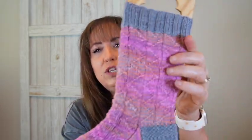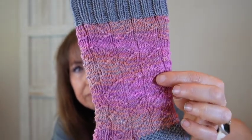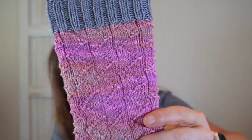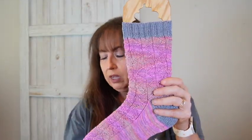All right, so the first finished object is a sock pattern called the Bunny Trail Socks by Elizabeth Lenerink. I really enjoyed this pattern. It was beautifully written, it was easy to do, and I feel like it just flew off the needles. This was using my October monthly subscription from Brazos Fiberworks, the Disney Halloween colorway, and it came with this gray mini skein. It's in fingering weight, but I just love how this pattern went with the yarn. So I have the 2 socks,